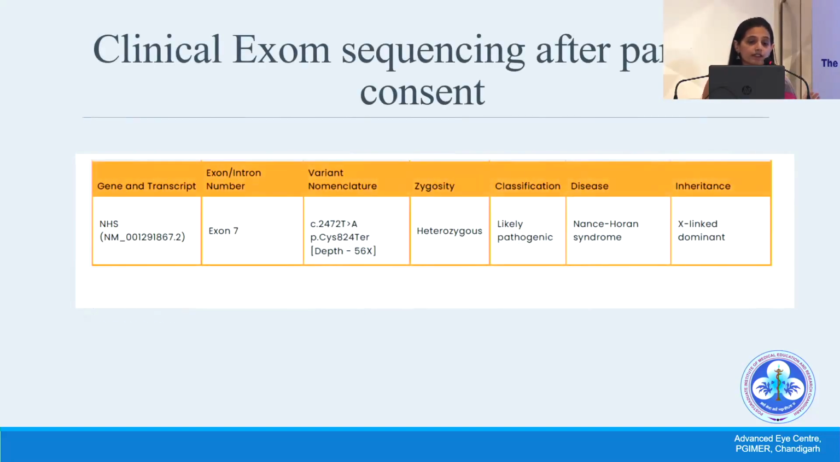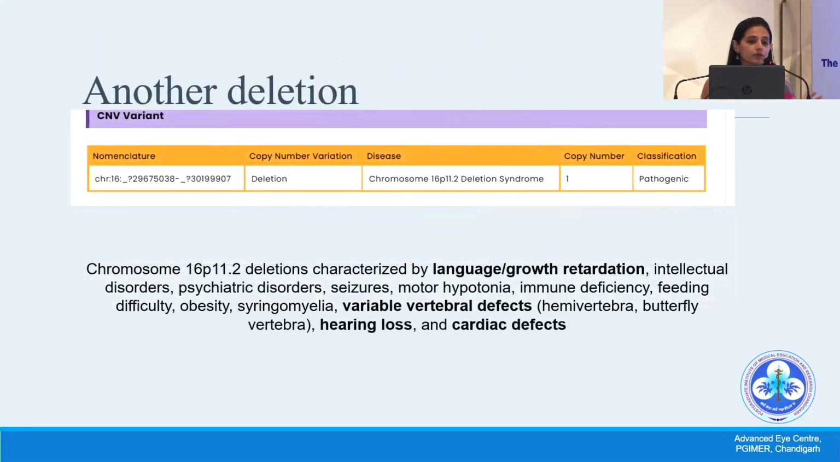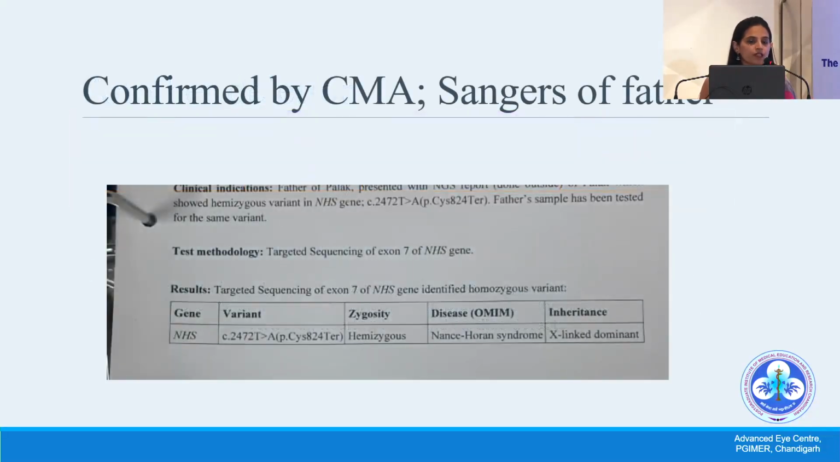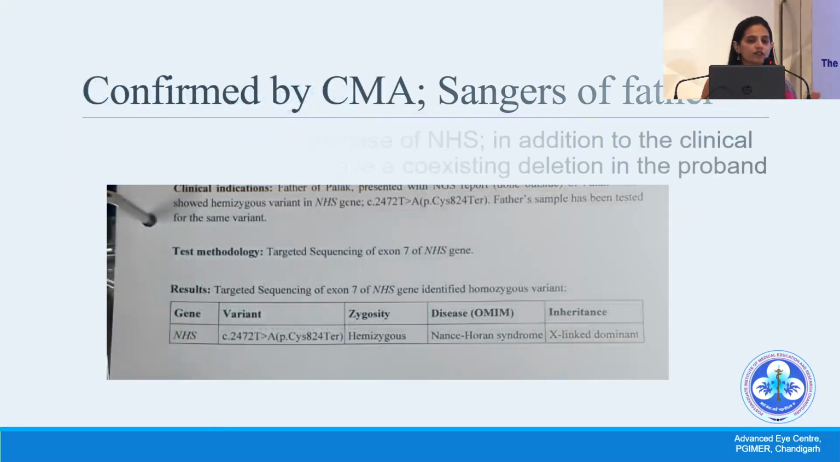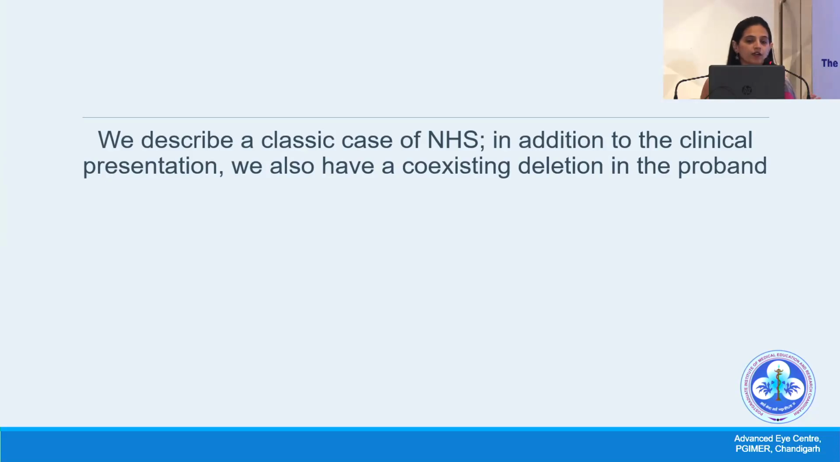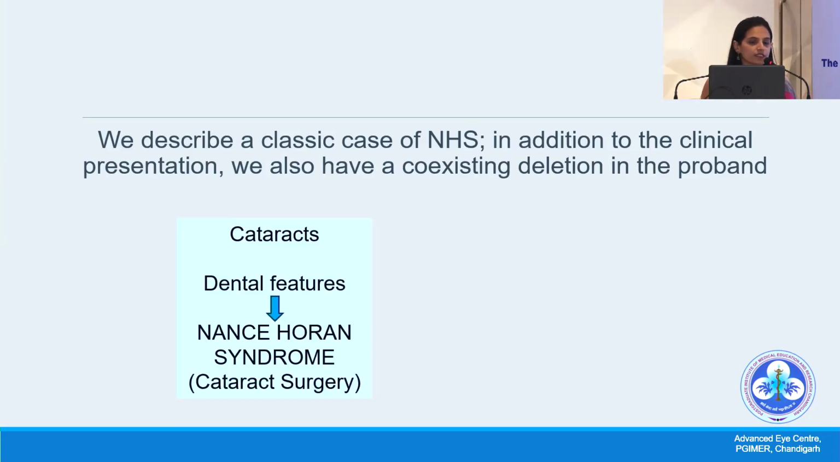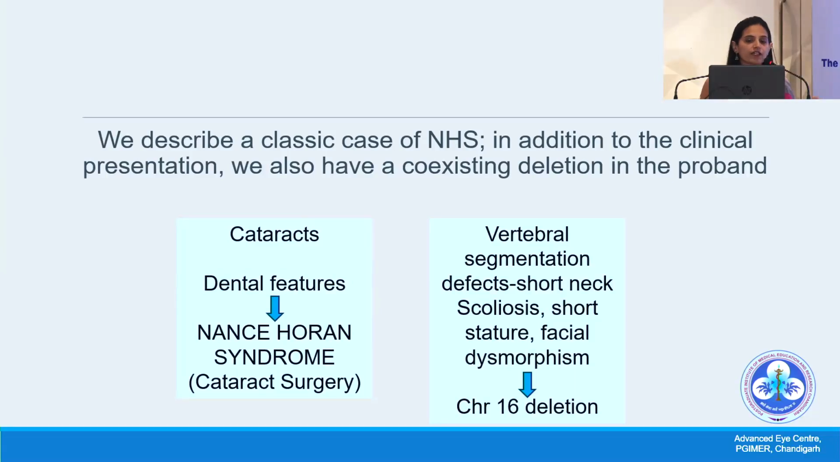So we went ahead and did a clinical exome. We did get a mutation in the NHS, and we were lucky to pick up a large deletion in chromosome 16, which was explaining the vertebral defects. We confirmed it in the father, confirmed by a microarray and then Sanger in the father. It was a classical case where the dental features and cataracts were because of Nance-Horan and the segmentation